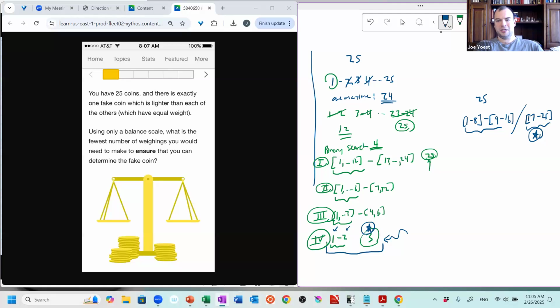I'm going to rename these 1 through 9. So I have coins 1 through 3 balanced against 4 through 6, and then leave 7 through 9, that stack off. And let's say we identify that 1 through 3 contains the fake coin. I can weigh 1 against 2, leave 3 off. I can do it in 1, 2, 3 weighings. So I actually can do a ternary search and get it done in 3 weighings.